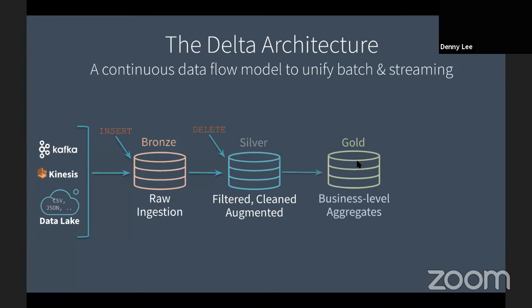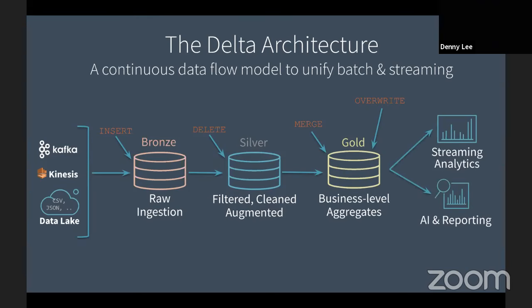And then there's gold data, okay? So this is where you can then run your business level aggregates. This is where you can do your AI, your streaming, your data science, your machine learning, deep learning, things like that. This is where often you will do your merges and your overwrites, okay? This isn't to say you can't do inserts in gold or you can't do deletes in bronze. It's just a simple saying that from a traditional data pipeline perspective, it is more or less like this: inserts in bronze, deletes in silver, merges and overwrites in gold.